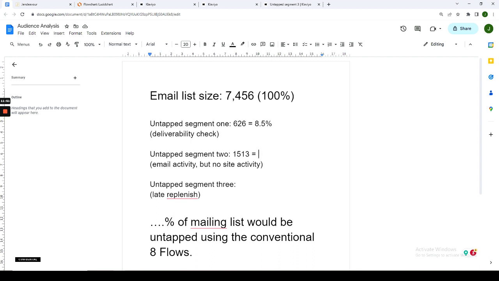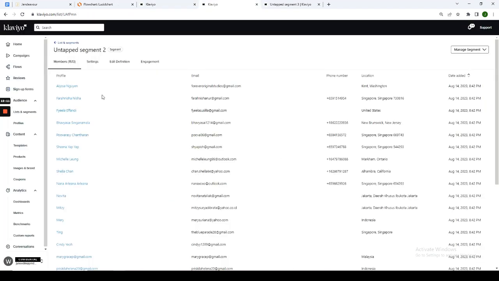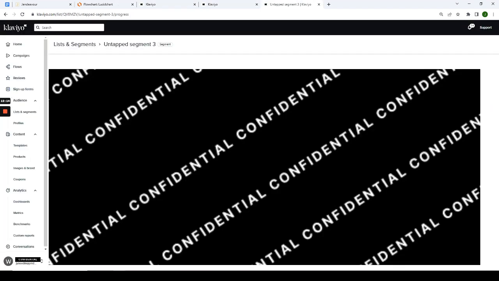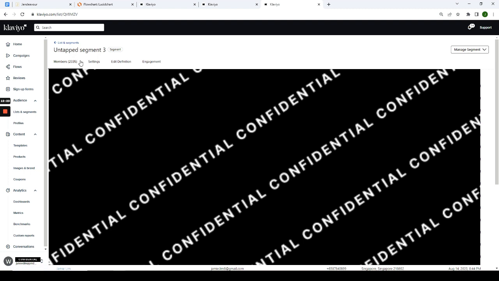Calculator. So 100 divided by 7,456 times that by 1,513, that's 20.2% of the mailing list. Let's just do that. Mailing list. That's the second segment. Now the third segment, let's see how big that segment is. That's 2,335. But the thing is, some profiles will overlap between segment 3 and segment